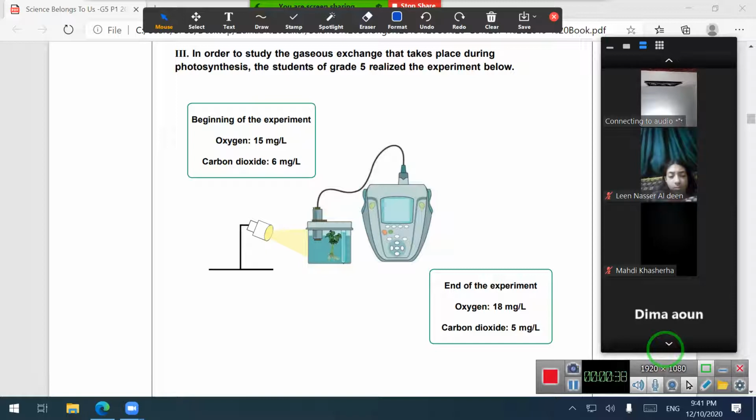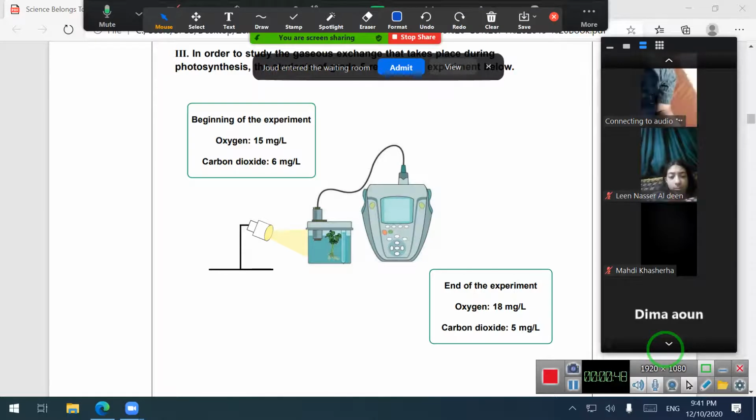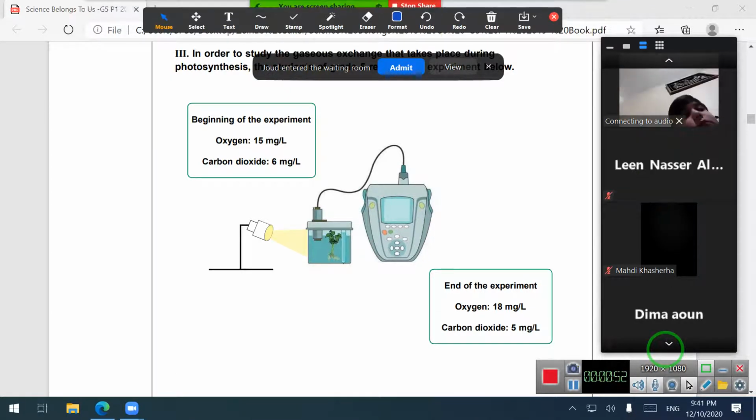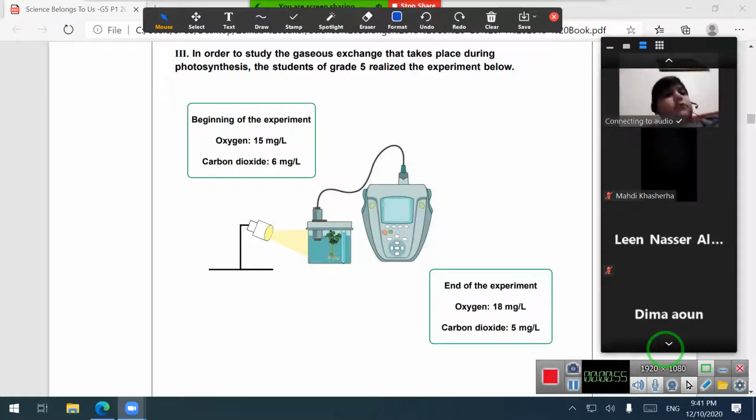What is released during photosynthesis? Oxygen. Which living beings need oxygen? All living things need oxygen. Why? To breathe in. Excellent, student. To breathe in. So in the next question, number 3, page 33,